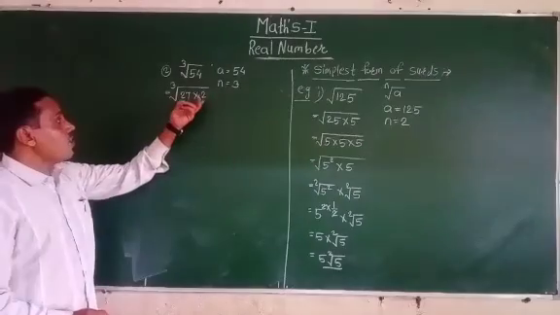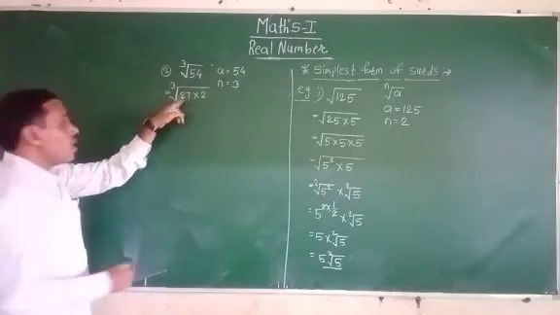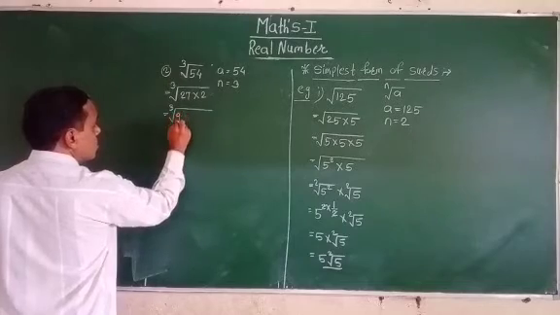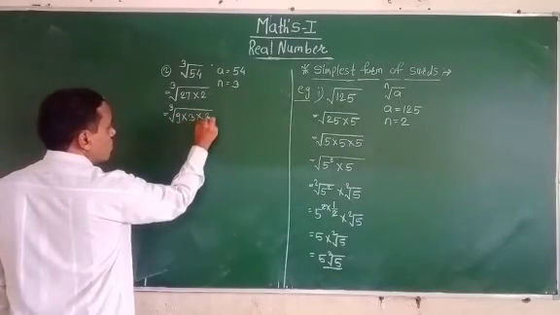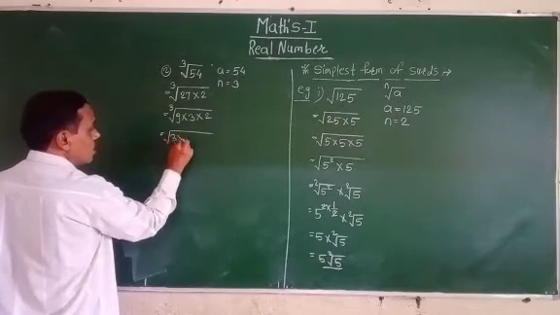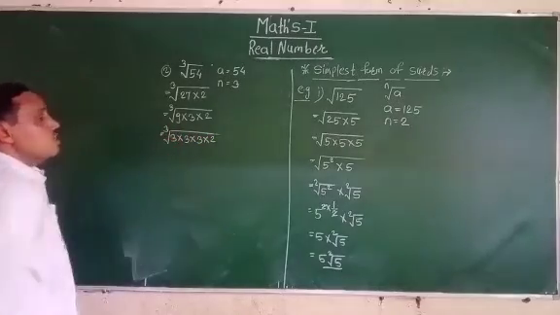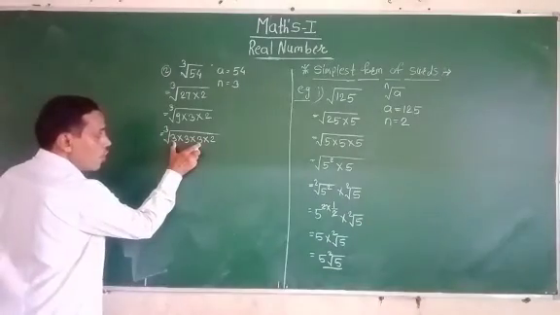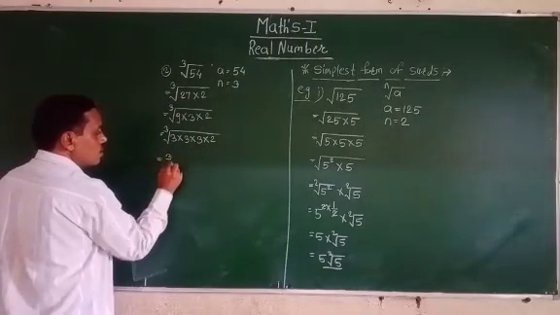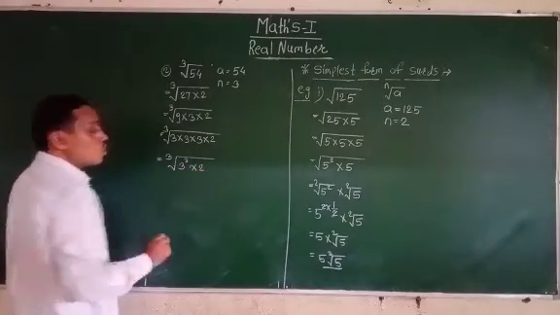Then we try to factorize 27 and 2 again. The 2 is never factorized again, but 27 is factorized again. So we get 9 into 3 into 2. We factorize 9 again and get 3 into 3 into 3 into 2, at order 3. We get the product of 3 three times. So in the surd we can write 3 raised to 3 into 2.